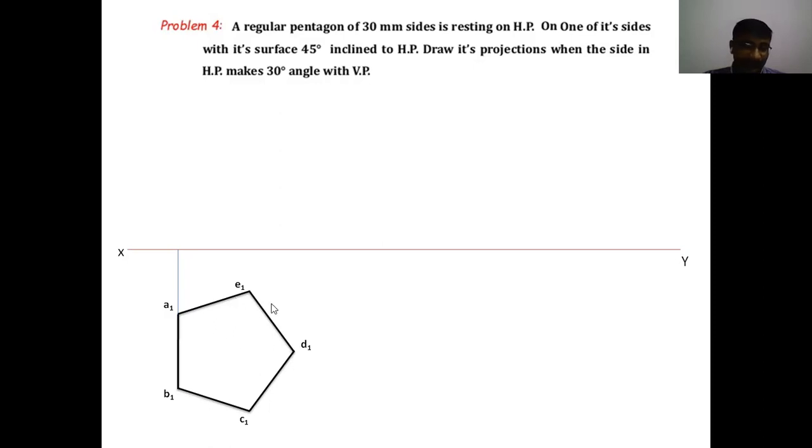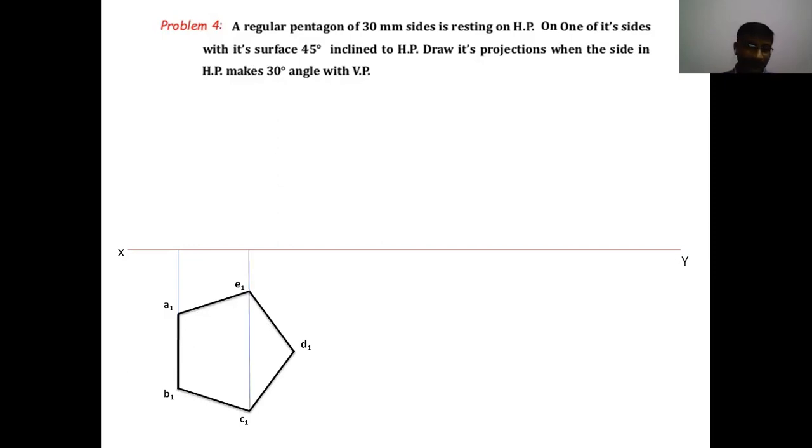The angle between any two sides in the pentagon is 108. Maintaining 108 degrees between two sides, we should construct the pentagon with one of the sides on the left side of the diagram. Clear, that one side must be on the perpendicular line. The side inclined to 30 degrees must initially be on the perpendicular to the XY line. Okay, this is the first position, top view, true shape of the pentagon.